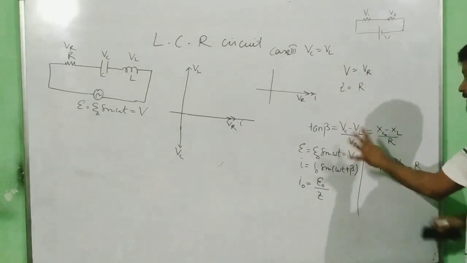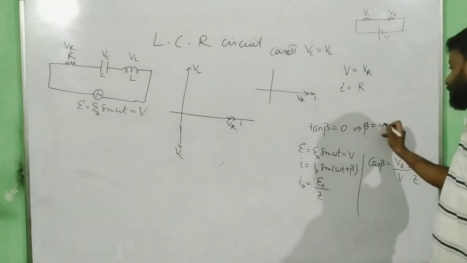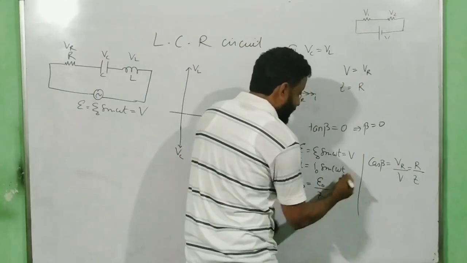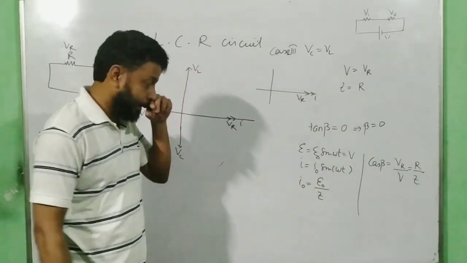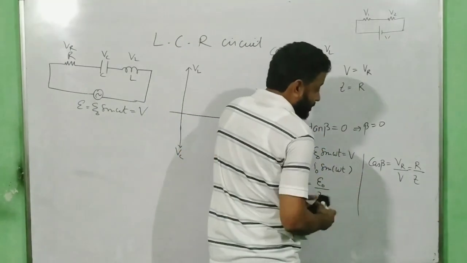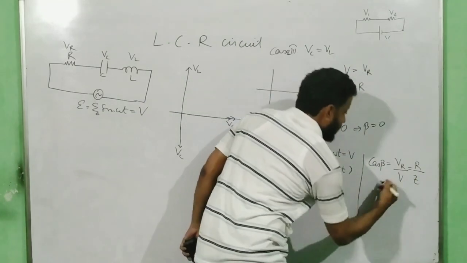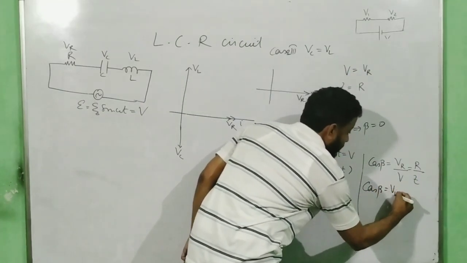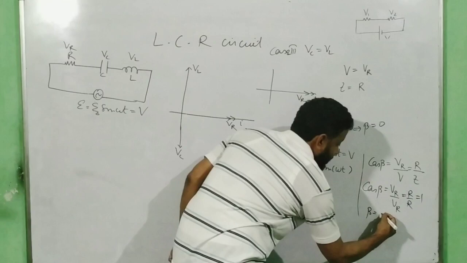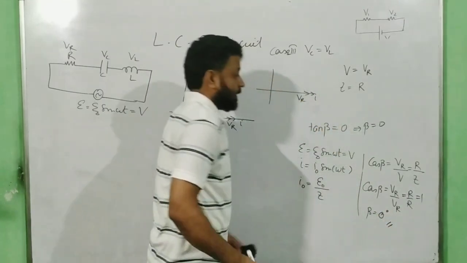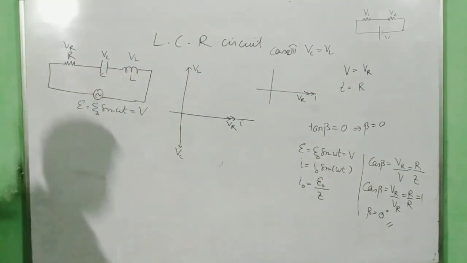What about VC minus VL? This whole thing has become 0 now. So tan beta has become 0. This implies beta is equal to 0. That means there is no phase difference between the current and the EMF, omega t, omega t. What about cos beta? Since your Z has become equal to R, cos beta will be equal to R by R, and that is equal to 1, and hence beta is equal to 0 degrees. Or you can say cos beta equals 1. That also I will emphasize in the next class, but let's not take a note of this.